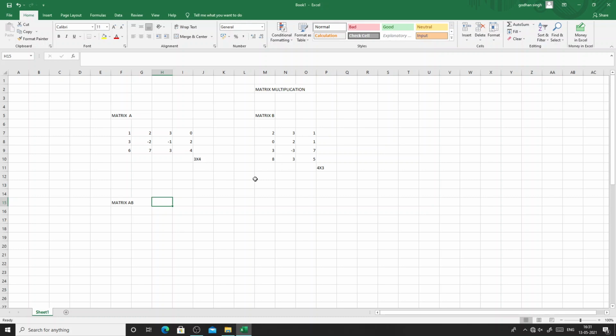So let us make a matrix of order 3 cross 3. Here we have selected 9 cells so that it will be of order 3 cross 3.